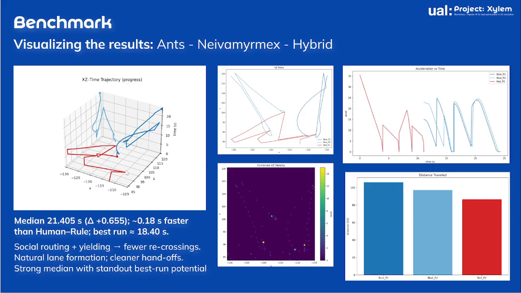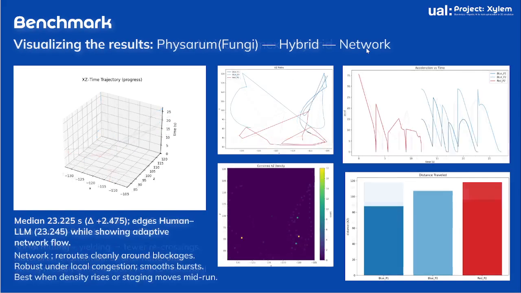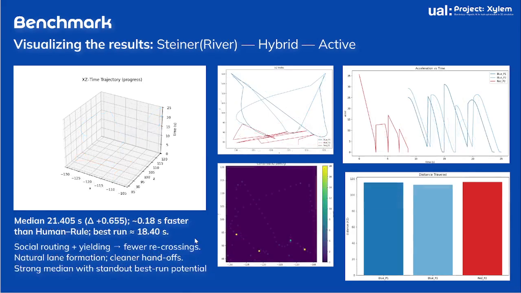We can see the 3D spatial against time view on it, and how its acceleration changed depending on the layer and the sublayering that we've chosen. That can also be seen in the latter ones, where you can see different decision making on curves and more spatially aware spaces. This one has a higher difference when compared to the Dijkstra. However, it also has a different standpoint on how the network reroutes and cleans and makes the blockages be more robust. And at last in this comparison we'll have the Steiner river hybrid active,